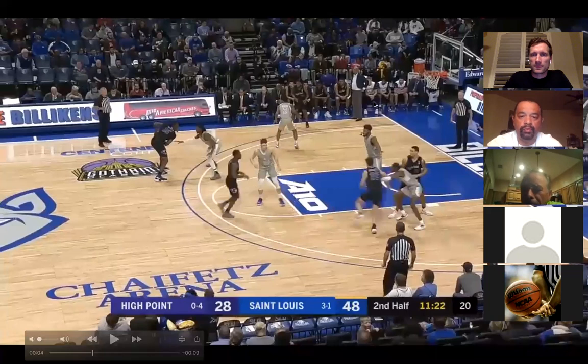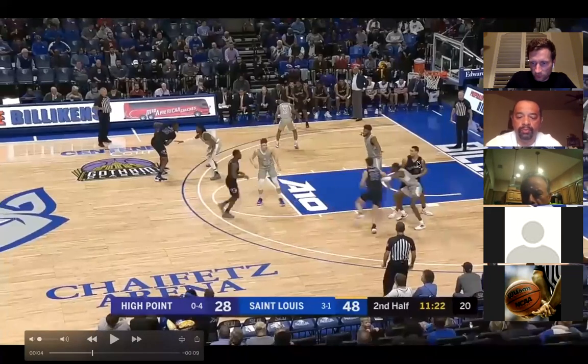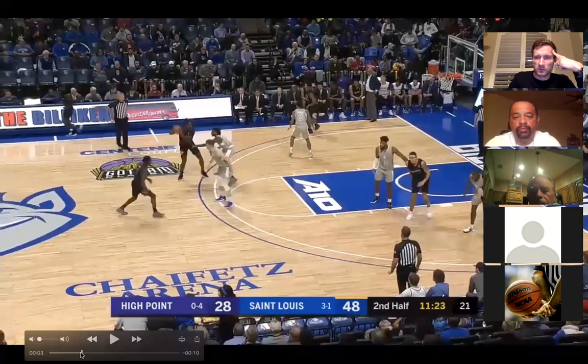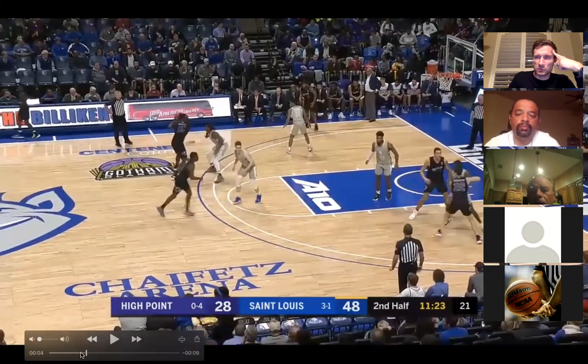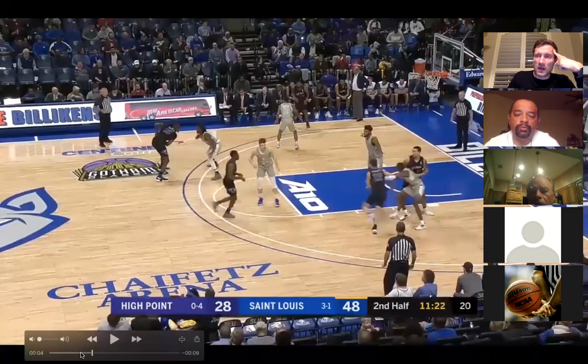Mark, are we talking about the matchup right here in front of the C? Is that what we're talking about? Yeah, right here, the reroute. It's the player coming on the baseline. 22 is trying to come off this screen, and there it is right there. Okay, I look at it.